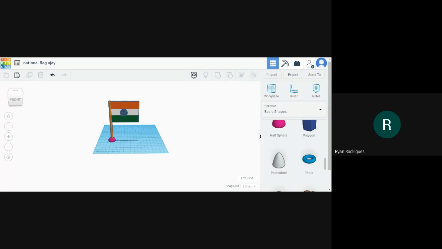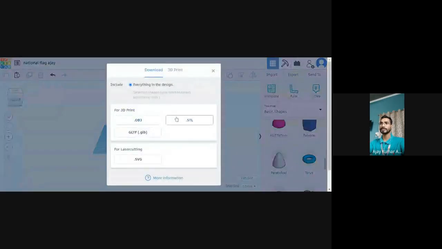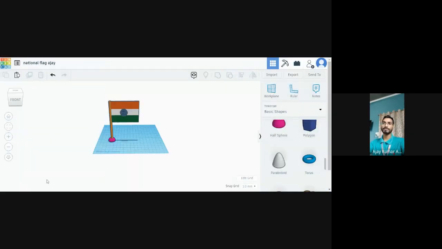Yes, sir. आपको एक्सपोर्ट में क्लिक करना है. एक्सपोर्ट में जैसे ही आप क्लिक करेंगे, आपके पास ऑप्शंस आएंगे 3: OBJ, STL और GLTF. सो आपको OBJ फाइल में क्लिक करना है. जैसे ही आप क्लिक करेंगे, आपके पास फाइल आ जाएगी, और जो फाइल आपके पास आएगी, ये फाइल आप सेंड करेंगे. क्लियर है? सो इट इज इजी टू यूज इन अ 3D प्रिंटर. ठीक है ना. सो 3D प्रिंटर्स में हम OBJ फाइल से प्रिंट को निकाल सकते हैं.